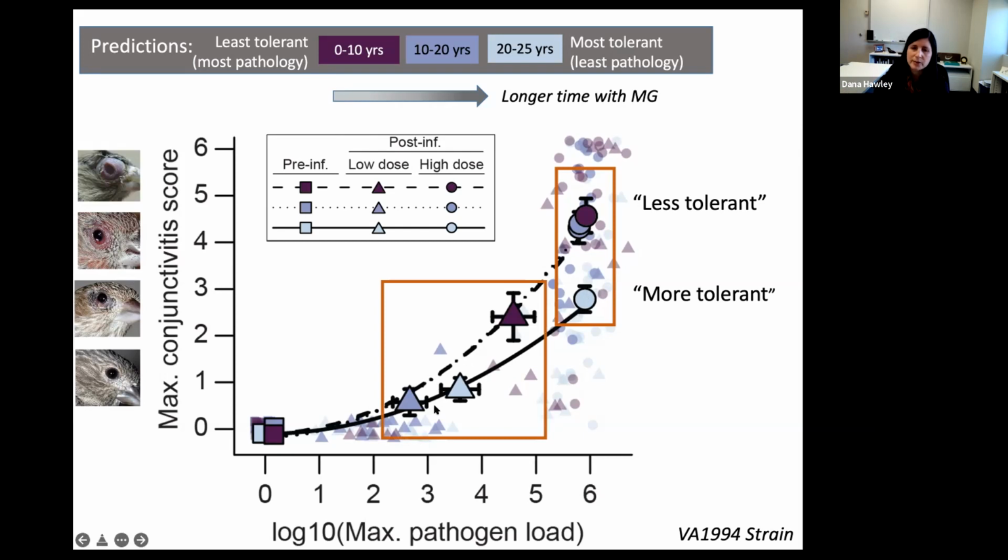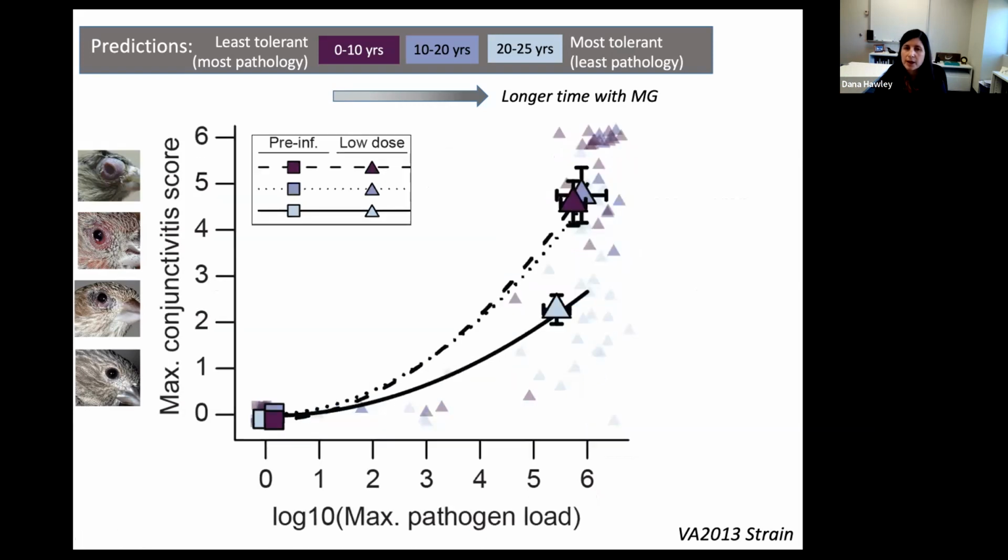We also see some really interesting results from the low dose, and I'm not going to have time to get into it, but we see some hints of resistance here, where we're seeing a shift not only in the tolerance, which is the slope of the line, but also just in the average of the x-axis. So we see a shift to the left of maximum pathogen loads, suggesting that birds that are given low dose infections in these populations with a longer history of exposure have some higher resistance ability, but not so much at these high doses, which is really interesting in itself.